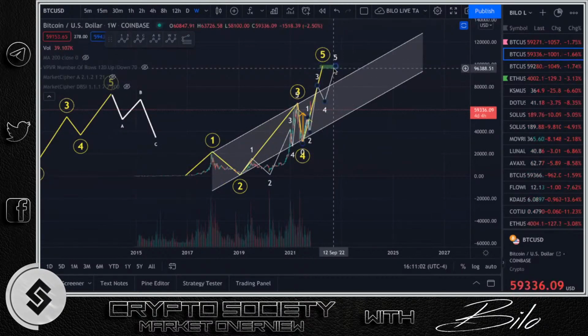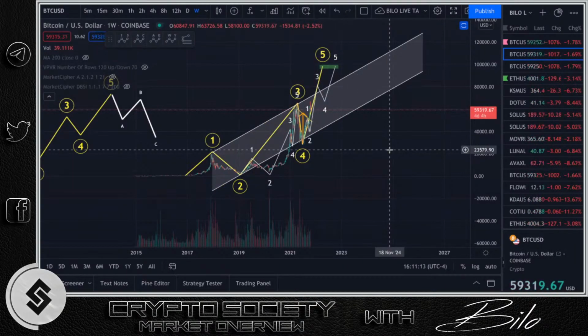And for sure, we can all see, okay, great, there's 5 waves, but why do I care about these 5 waves? Well, it's because we want to try to target where Bitcoin is going to reach. And when we're trying to target where Bitcoin is going to reach, Elliott Wave theory comes in very handy, because there are certain Fibonacci relationships and ratios between the different waves. So in this case,